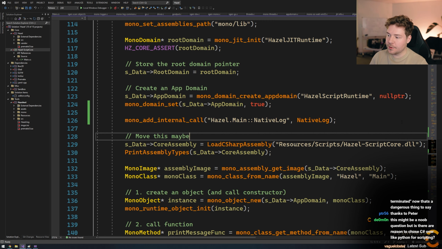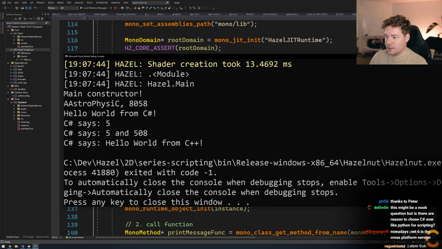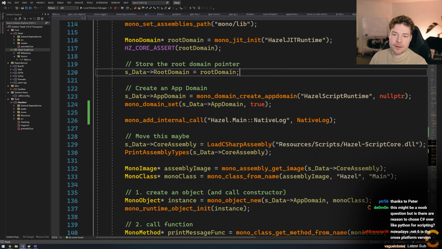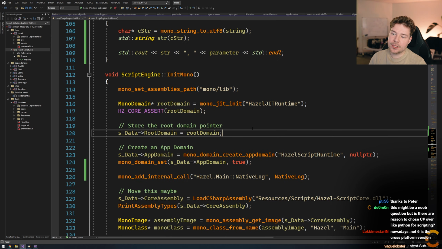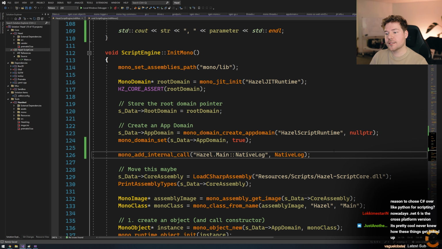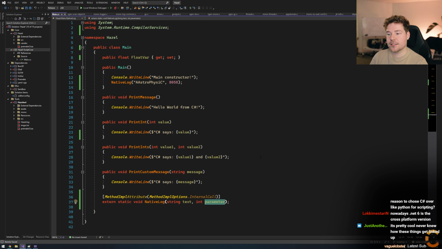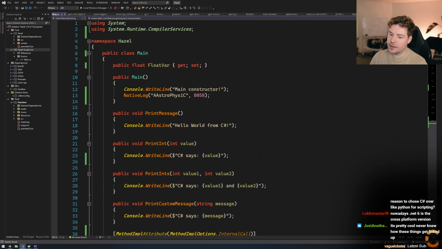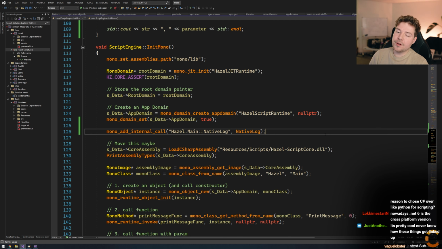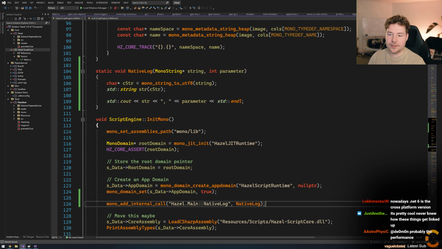Now, there's a lot of other stuff we could talk about. Obviously there's a lot of data types we might want to pass. And one of the ones that I want to show you guys is going to be a custom struct type, because that'll come up quite a bit, right? There's also arrays that we need to deal with at some point. You might want to pass an array of data between C++ and C#, which requires some marshalling effectively.